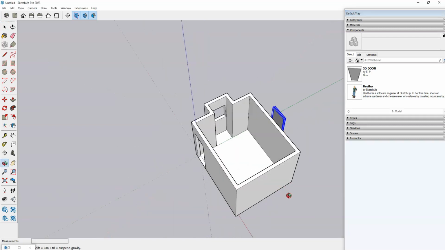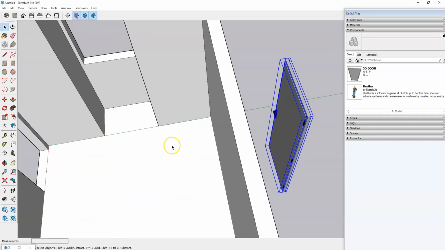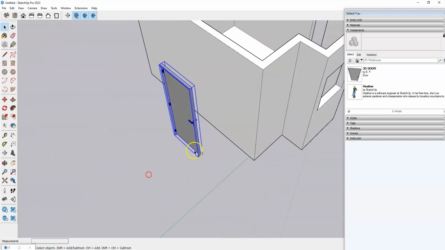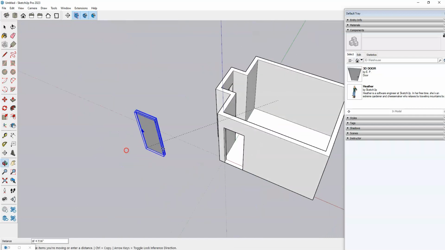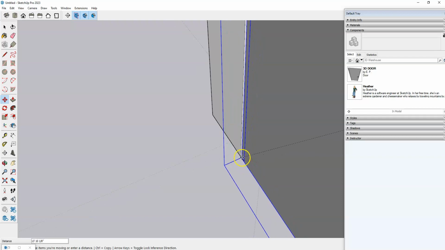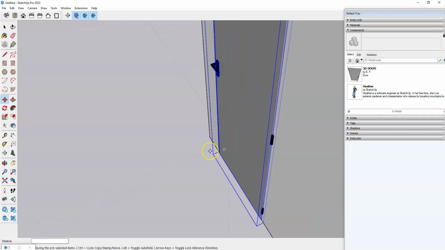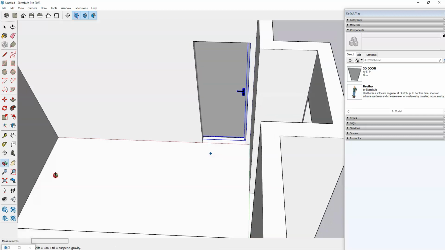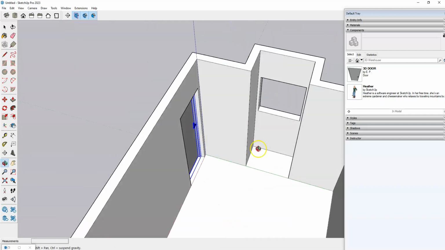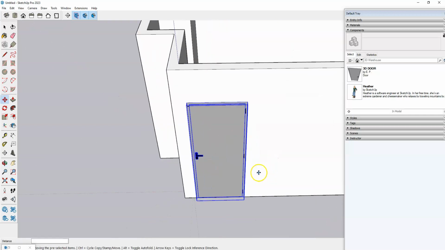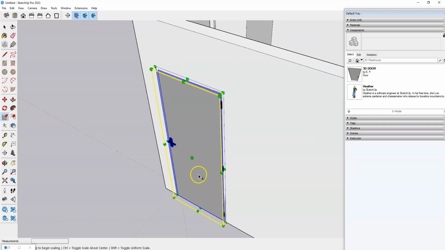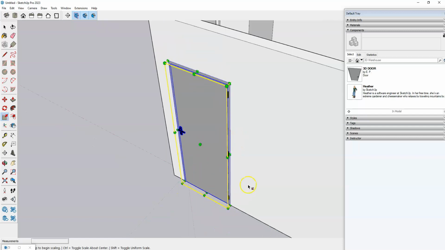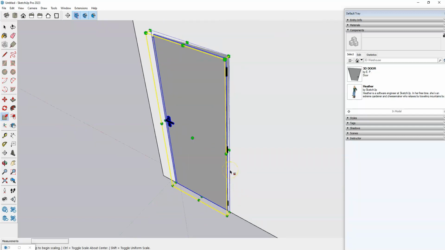And so now that I have my door, I'm going to move it into place where I created my door opening. I'll just go ahead and grab it by a corner and stick it here where I like it. And your door might be larger than that 2'8" opening that we created. And so you'll just use your scale tool here. So you click S on your keyboard when you have the door selected. You will be able to either use the scale tool here,